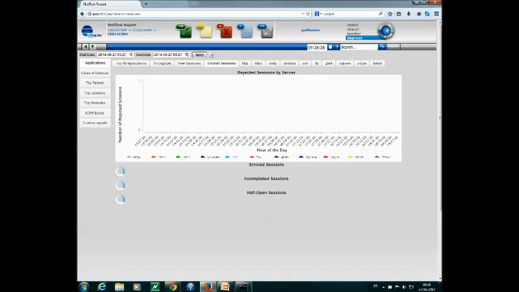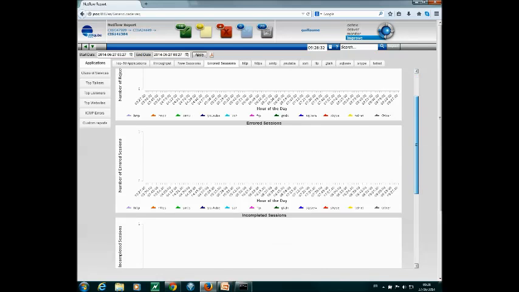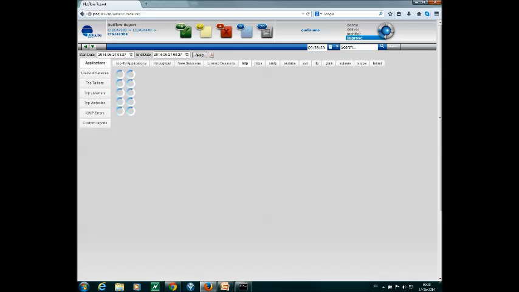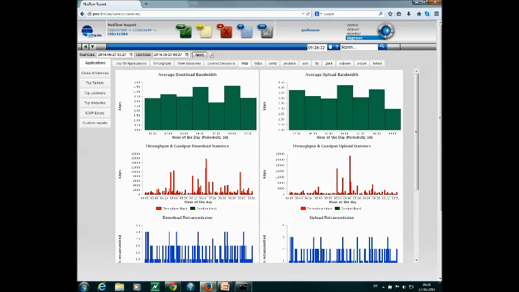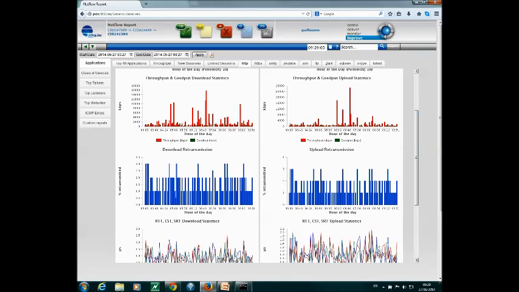We have error statistics with rejected, error incompleted and half open sessions. And for each application from the top 10, we have the detail per application. Let me select, for example, the HTTP tab with a detail for my HTTP. I have my average download bandwidth in input and in output, my throughput, my number of retransmission, my RTT, CST